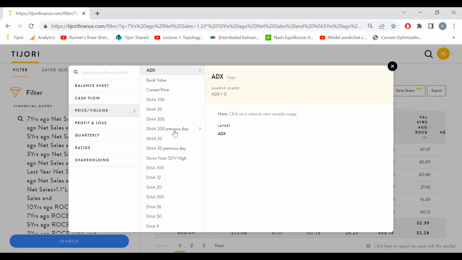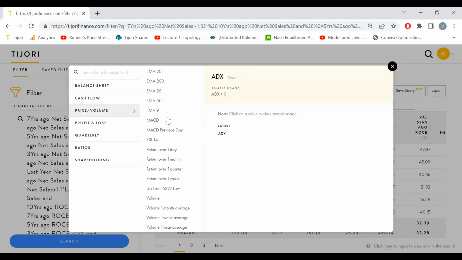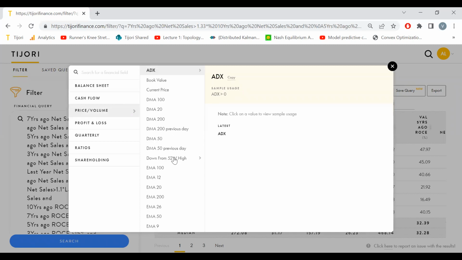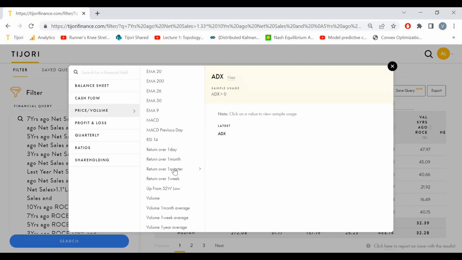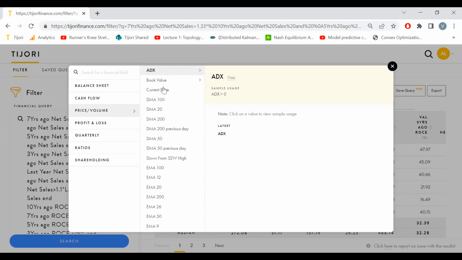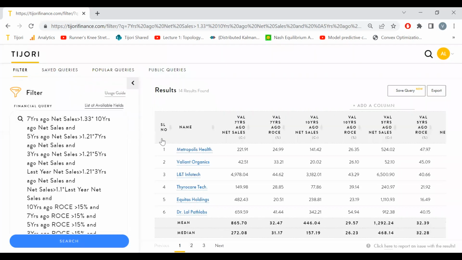But you can filter companies by, say, their DMA, EMA, how much they're down from 52-week high, returns over a week, month, quarter, the trading volumes on the exchange, the RSI 14-day values, the ADX values, and stuff like that. So you can literally type companies with ROC greater than 30% and ADX greater than 30 and RSI 14 greater than 40 and whatnot. You get the idea, right? So filtering is a way to discover companies.